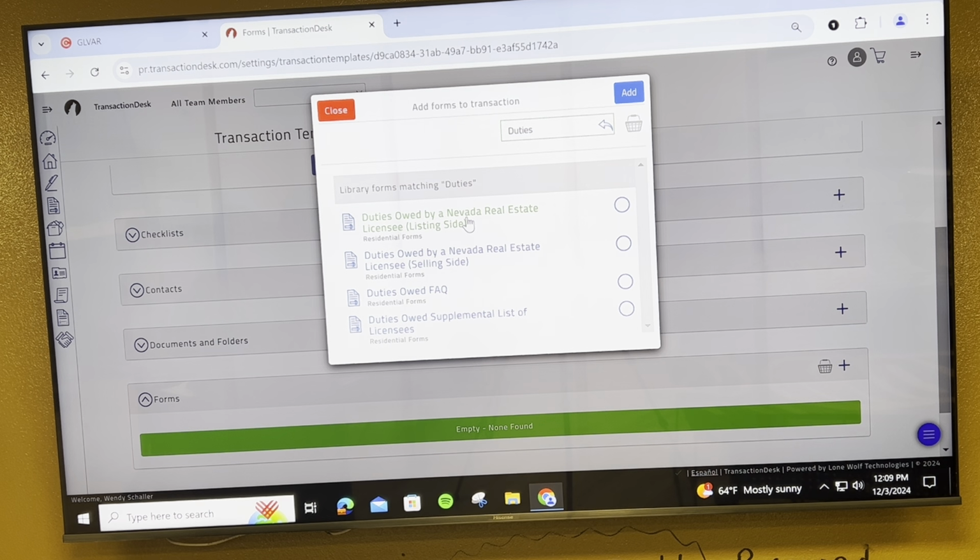And we have the listing side and then the selling side. Well, since we are making buyer templates, we need to add the selling side. And once you click on it, it will add it to your basket. You do not need to add each one individually. Once you see it in your basket, you can then come to the search area, delete that out, and now